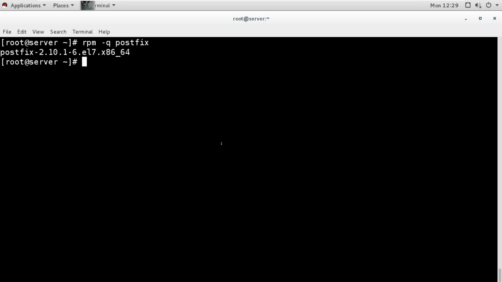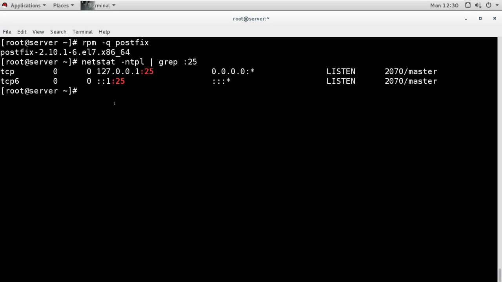Now when you check with the netstat command and grep port number 25, which is for the SMTP protocol, you can see that it is running and listening on 127.